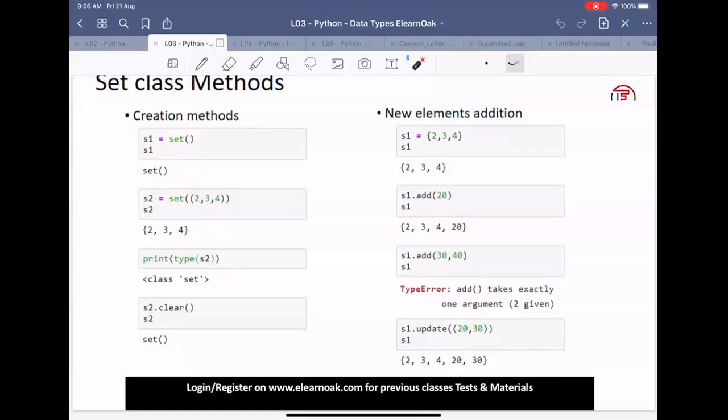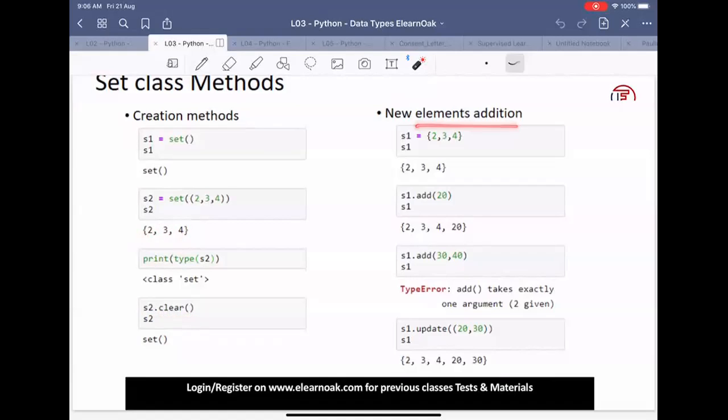And we see that S2 here is a set. How do we know it's a set? Because it starts with the curly brace, ends with the curly brace, and within this, it is separated using commas. So these three items become part of a set: 2, 3, and 4. I can print the type of S2 and I can verify that it's a set. To delete the values, to clear values within the set, I can use S2.clear, and that will delete each and every element available within the set. So 2, 3, and 4, we can get rid of them by doing S2.clear.